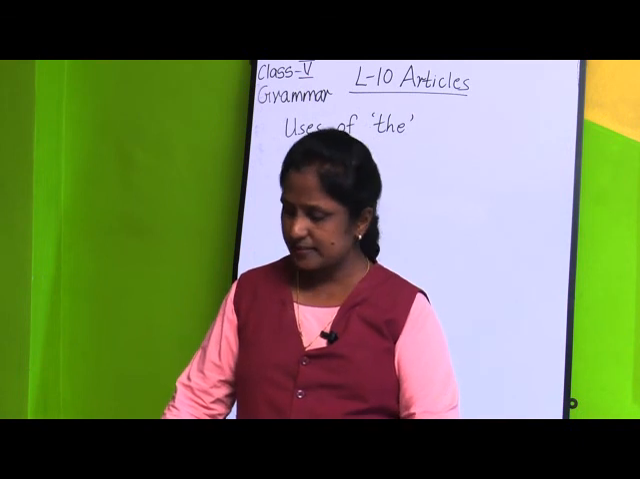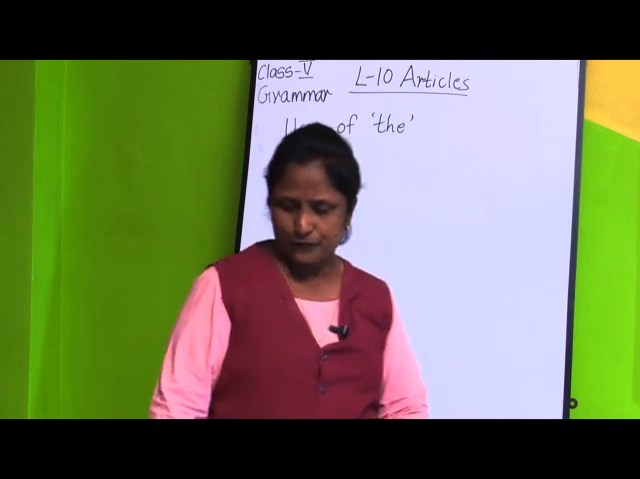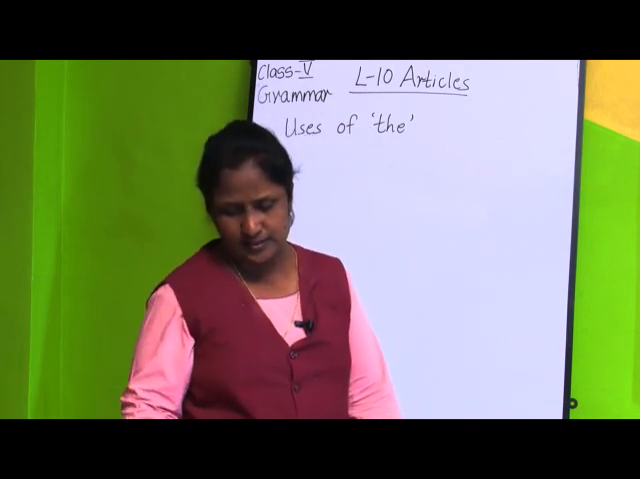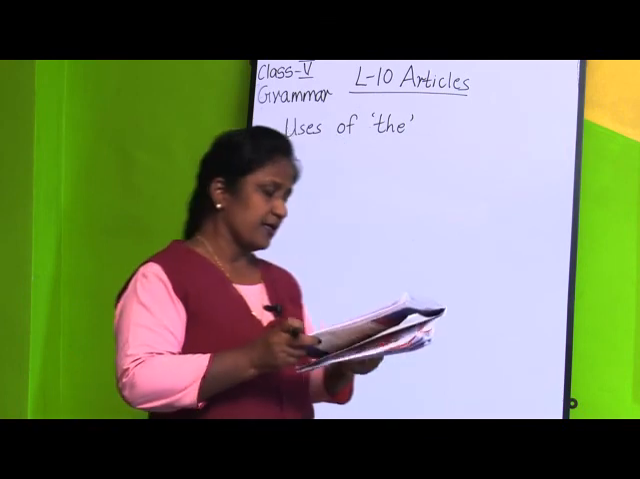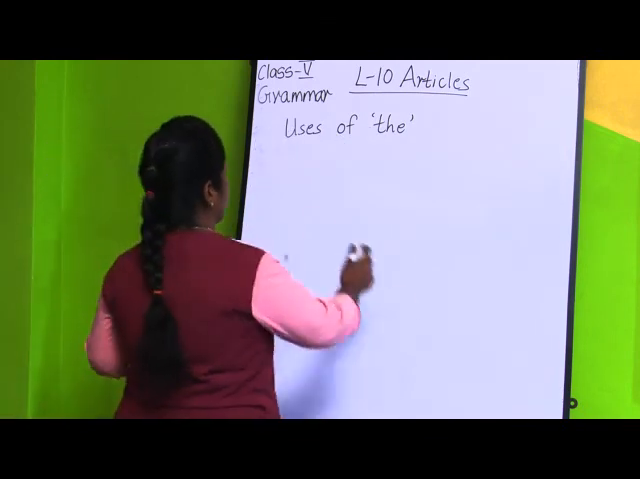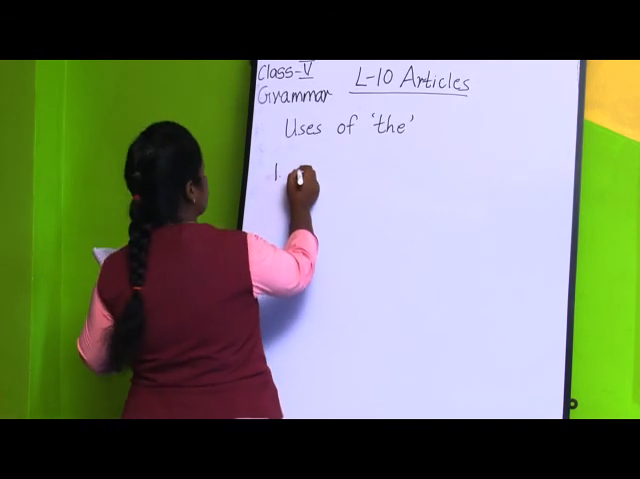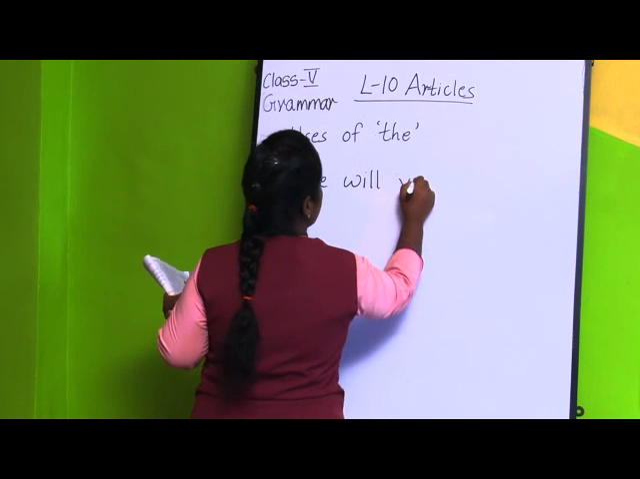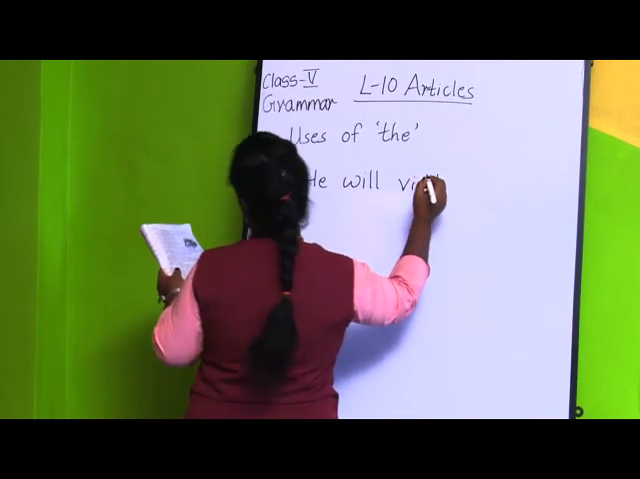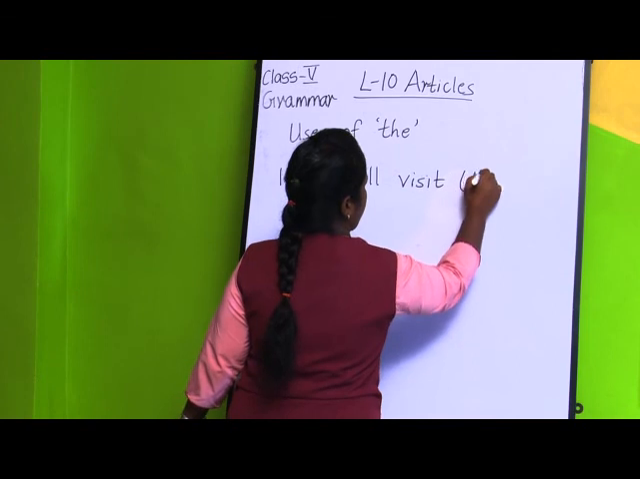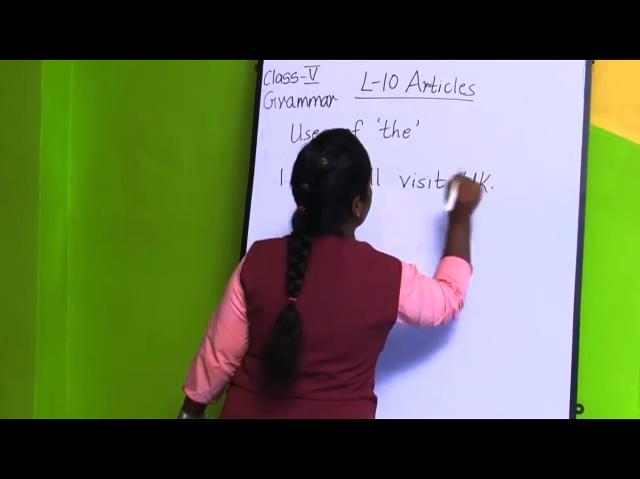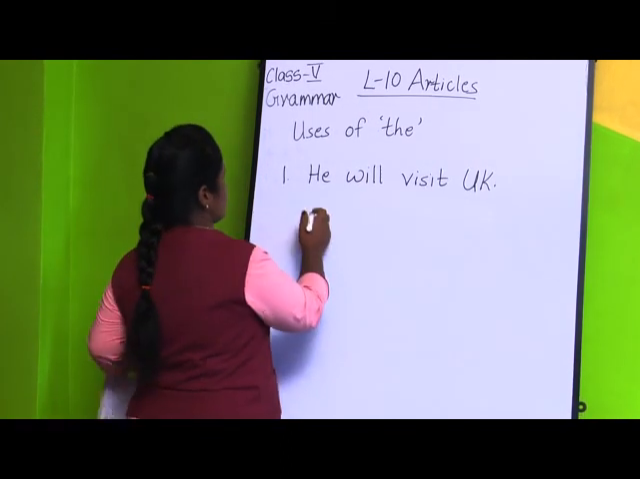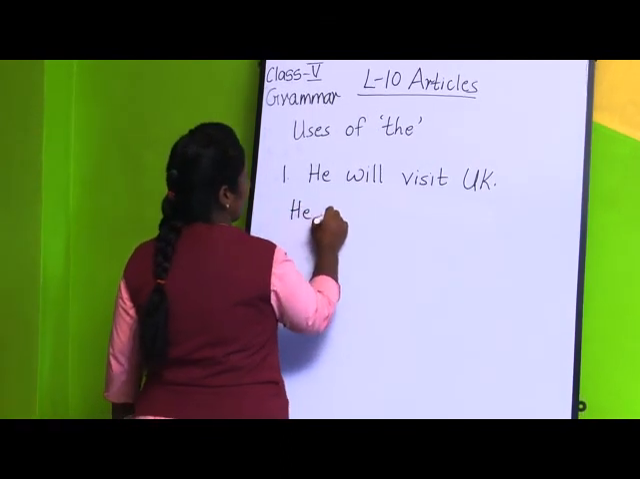Now if you see exercise E, they have told us to insert the article "the" in the following sentences wherever you think it is needed. If I write the first sentence, "He will visit UK." and full stop. Now you want to insert the article "the", where you are going to use it. Our answer will be in this way. "He will visit"